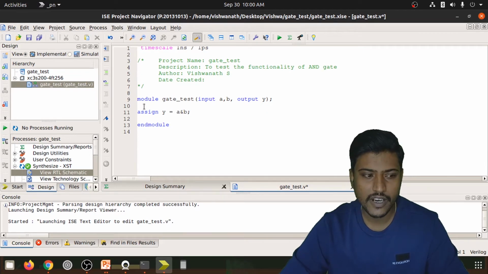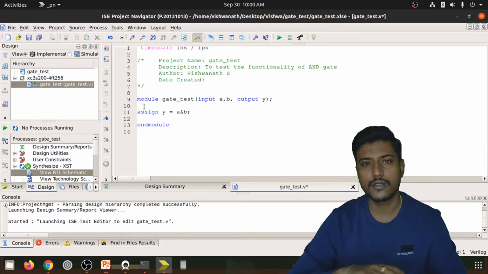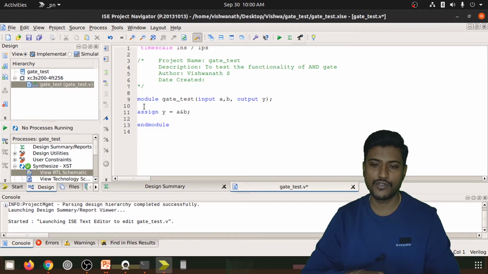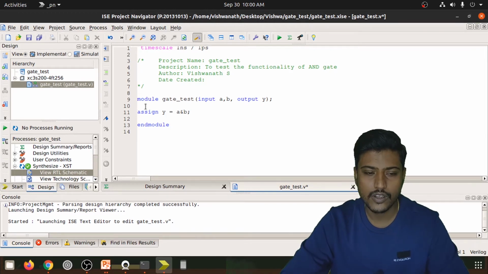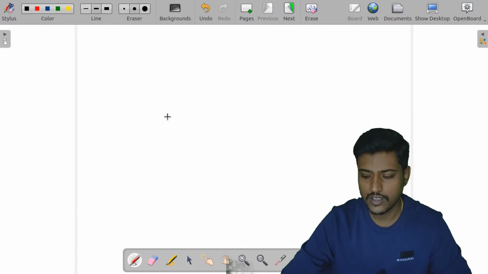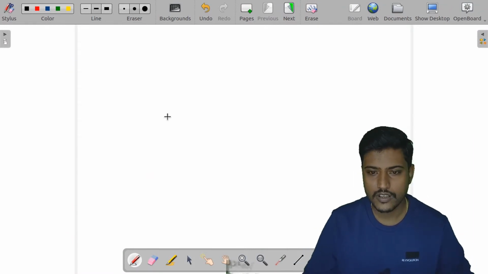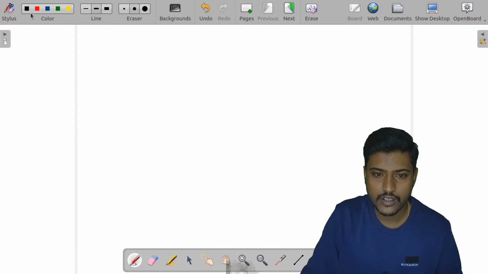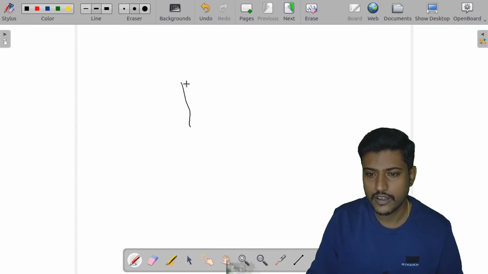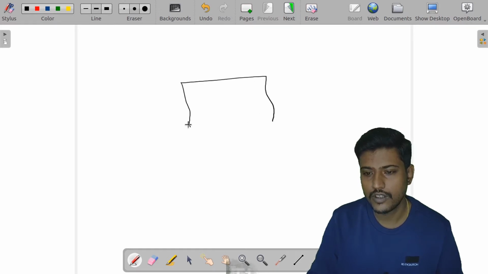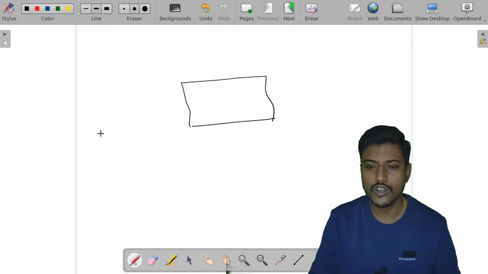Okay. So we have written this code in terms of the data flow model. So let us look into how to write these test benches. Let us see how they are going to work. Let me take that we have a design. We had seen the logic synthesizer.